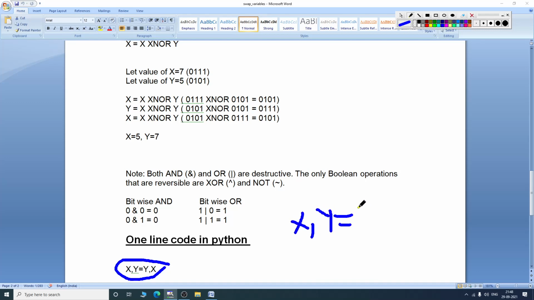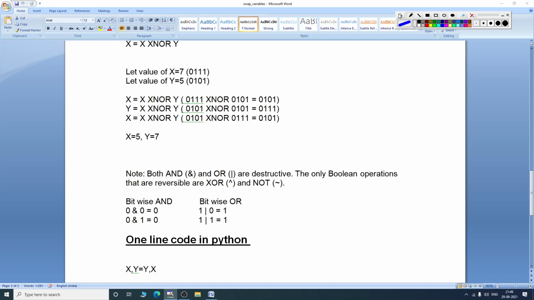The comma is evaluated from left to right or right to left, whatever your compiler is following. So when I write this statement, it will assign the value of y to y again, and it will keep x as it is. It won't reverse the elements in C. But this is a very good thing in Python.